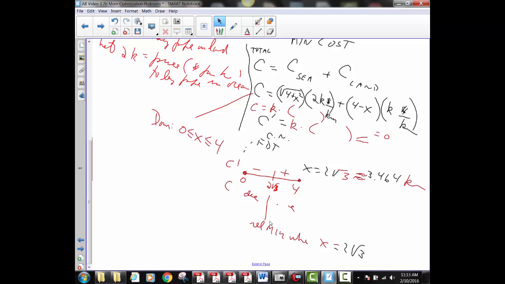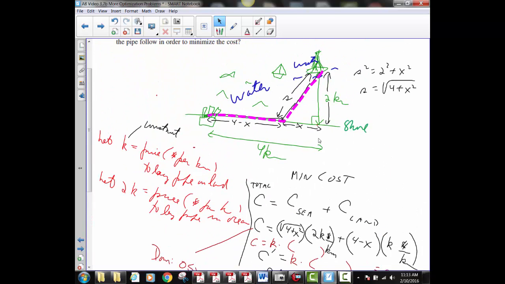You find your critical numbers, and it turns out it does happen in between. It happens when x is 2 root 3. That'll be the cheapest point, is to run it under the water until that point where x equals 2 root 3. So this length being 4, this is 2 root 3 right here. So working backwards from there, and then the rest